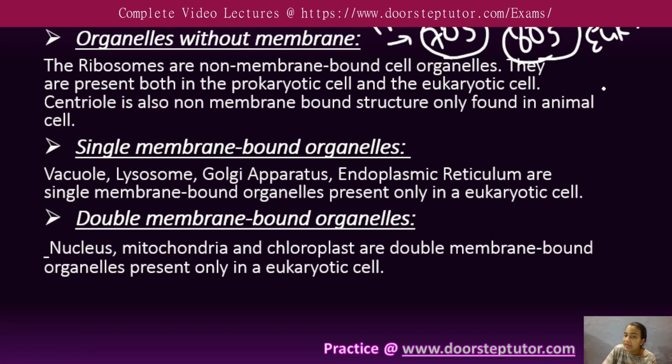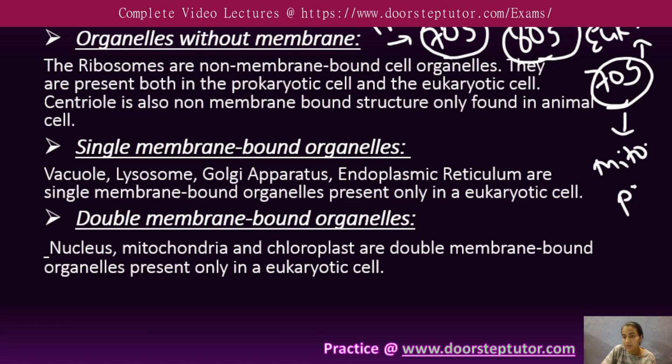Besides that, 70S ribosomes are also present in eukaryotic cells, and these are present mostly in the mitochondria and plastid. That's why we also say these two organelles, mitochondria and plastid, are semi-autonomous, because they have their own DNA, they have their own ribosomes, they can replicate, and they can also form their own protein. That's why we say them as